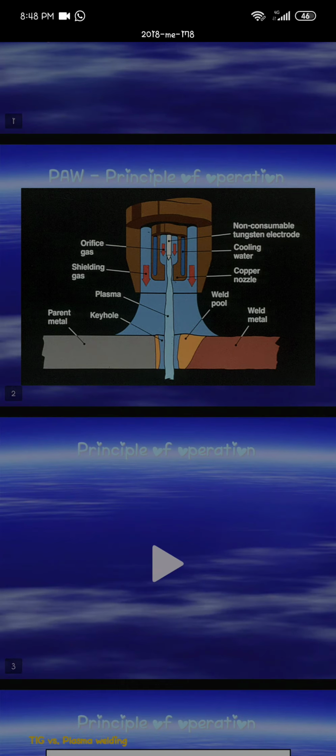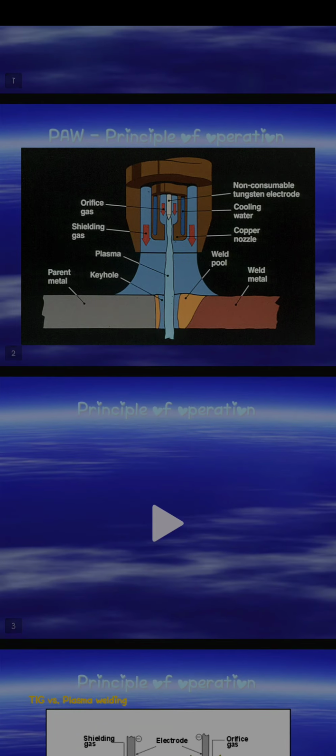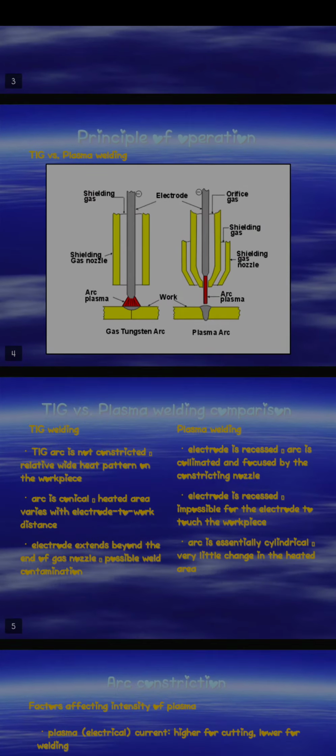So, first of all, I am going to discuss the principles of operation. The first principle of operation is shown in the figure: the orifice shows that gas is flowing downward, and the plasma is coming out. The metal plate is below, along with the weld pool and other things like the copper nozzle and the cooling water. So, next,